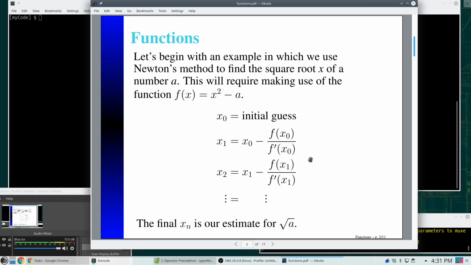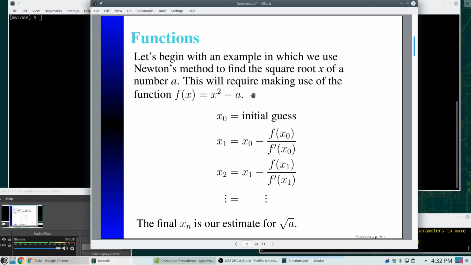Well, that really depends upon a couple of things. One, how good is our initial guess? And two, what quality do we want? What I mean by that is really how many decimal places of accuracy do we want? So for example,